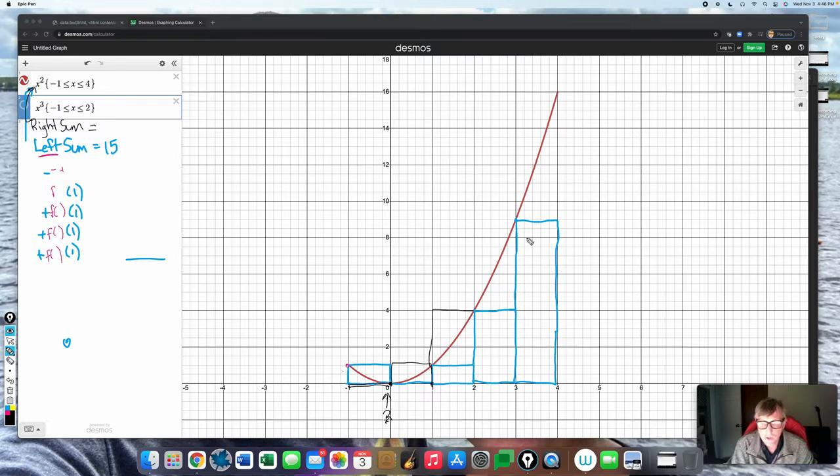And you can see that these rectangles are going to be bigger than the area that I want. But the other rectangles, the blue ones, are less. So one is an overestimate and the other one's an underestimate. But this is a right endpoint, this is a right endpoint, this is a right endpoint, this is a right endpoint. And so if we added all these up, we would be doing,